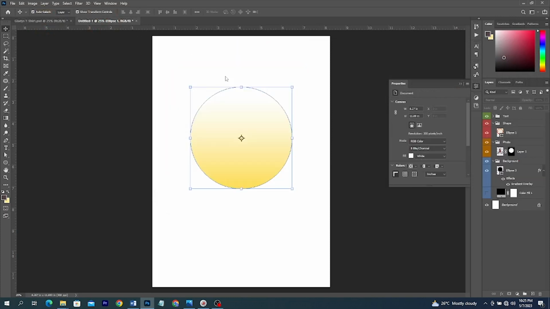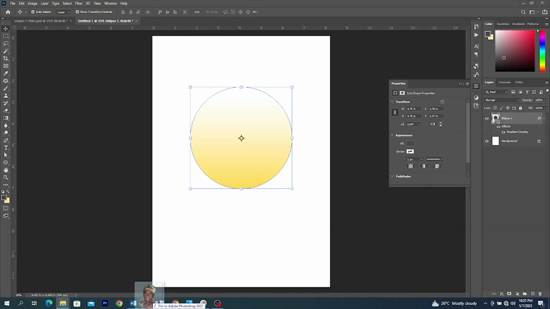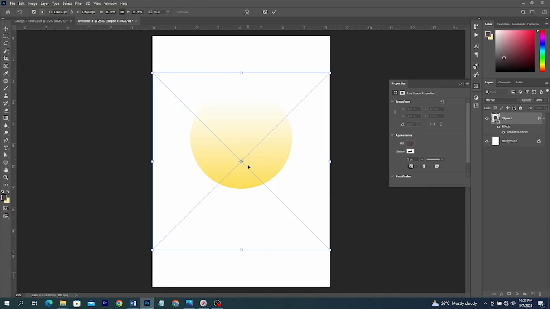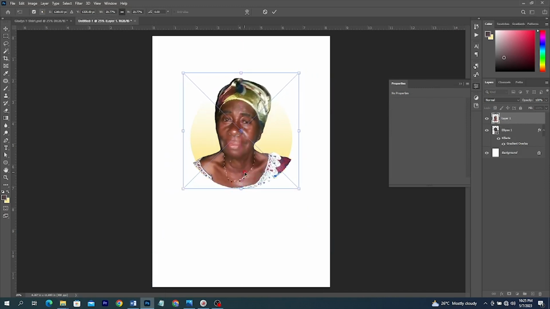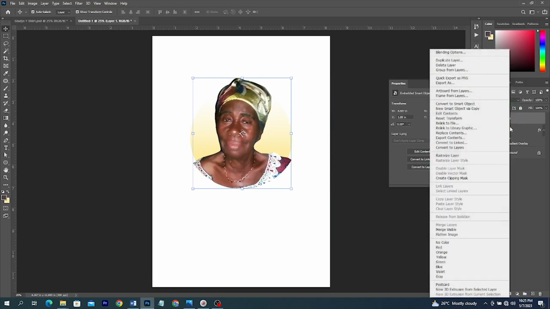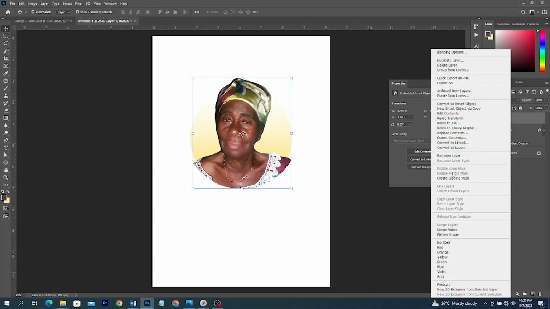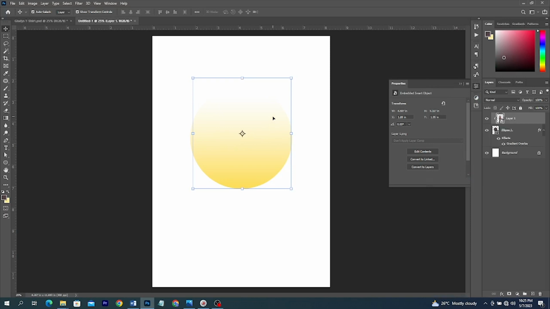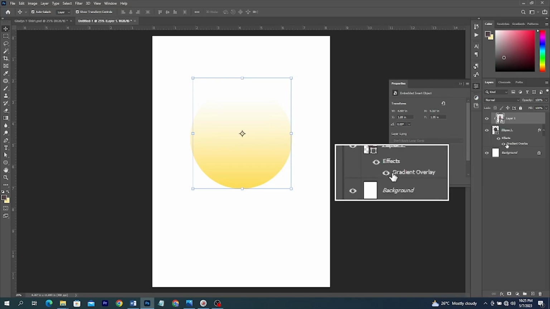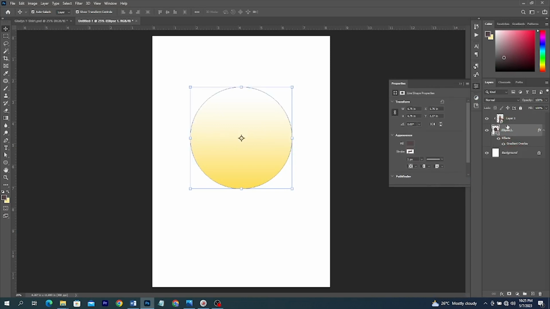What we are going to do next is to bring in our image. I'll go to my source files. Please, I beg you to look for your own image and use it. I'm going to scale this image down. Then I'll right click and I can create a clipping mask. But if I create a clipping mask, the image is not going to show. So let's create a clipping mask, and you can see the image is gone. It's because of the gradient overlay that we have here. So what we can do is that we can either